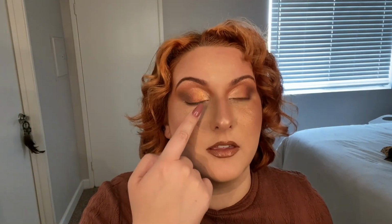Okay, so I ended up going in with a little bit more of either side's red shade, so Maybe Later over here, Panjin over here. I think it helps bring some red back. It makes these looks a lot more even. I will say this side, the Colourpop side, looks more sparkly and reflective. But again, I feel like the inner corner,